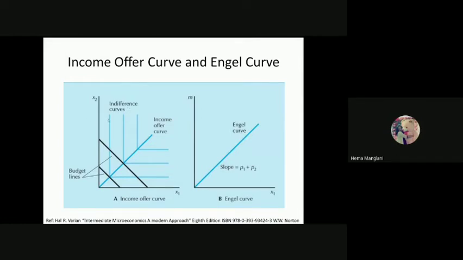The income offer curve, see, we consider this is the indifference curve. This is also an indifference curve. So a higher indifference curve shows a higher level of utility. But at the same time, there we have a budget line, there we also have a budget line, and we are getting optimal choices here. So here we have an optimal choice, this optimal choice, and you may have an optimal choice for each budget line. So this is the locus of, or the combination of, all optimal choices while keeping your prices constant. How would you find out the prices are constant here? Because this budget line and this budget line are parallel to each other. So it means your prices are constant.